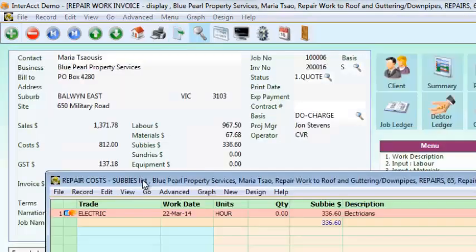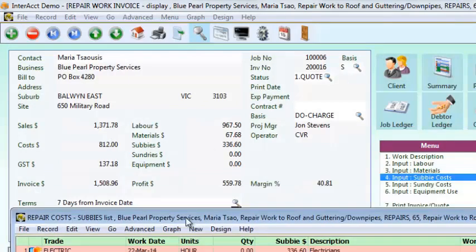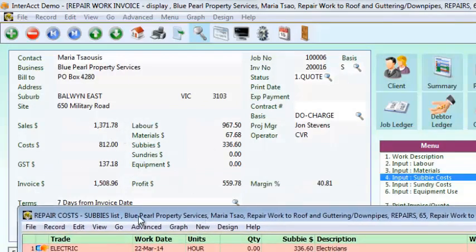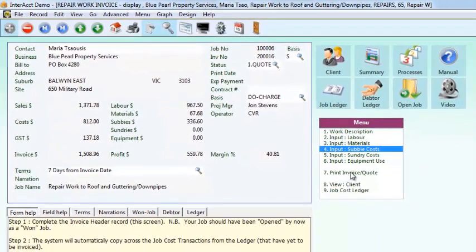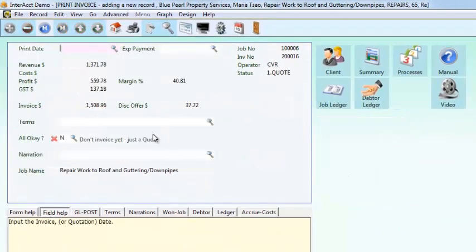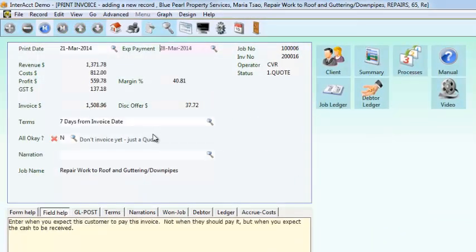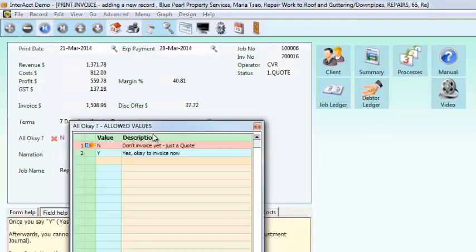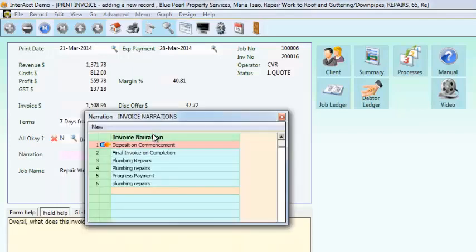And if I escape back one more step, you can see here it's brought back those costs as well into the subbies and into the grand total. And now if we print the quotation, let's print it as of today's date. It works out the expected payment date given their payment terms, and I'll say no, don't invoice yet, just a quote, and we can just say